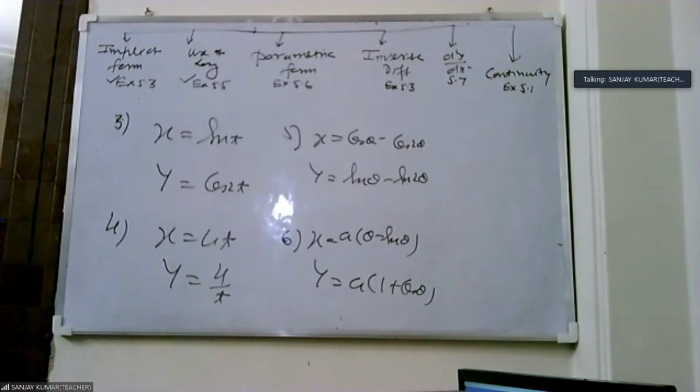Okay, one student is saying please sir repeat it. Because this is a simple thing. We find dx by dt, then dy by dt. First we differentiate x with respect to t, then similarly we differentiate y with respect to t. Chain rule and product rule are the same. The variable which we differentiate with respect to is t, so t is considered as x. I will also do all the 4 questions. You continue.